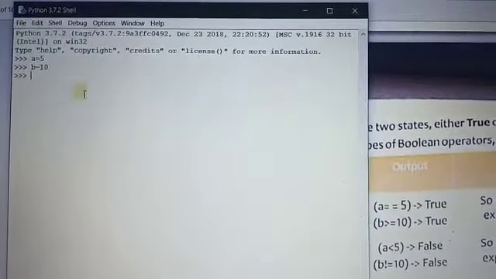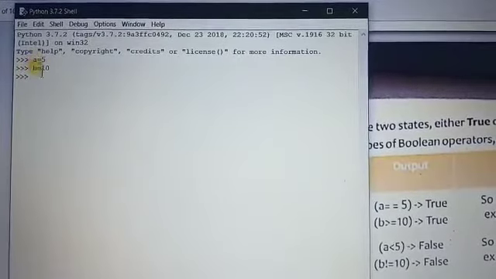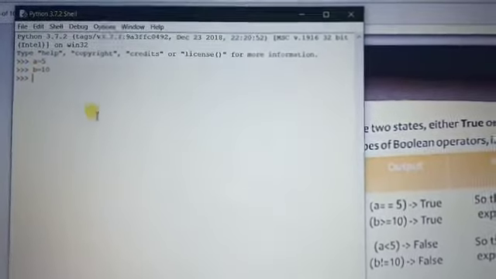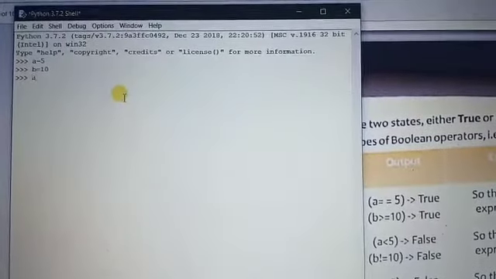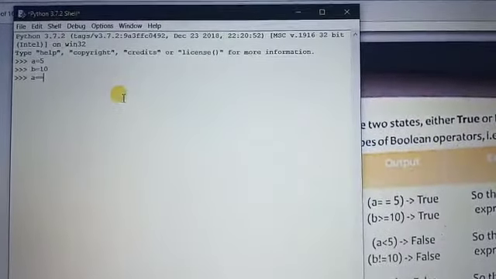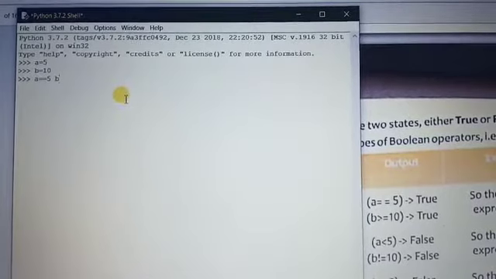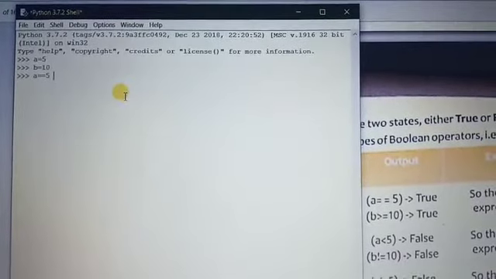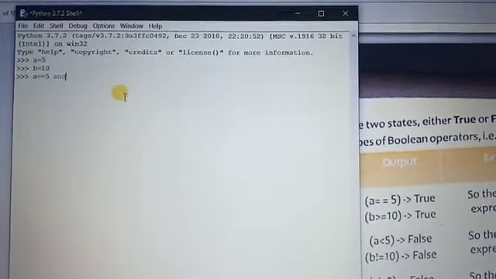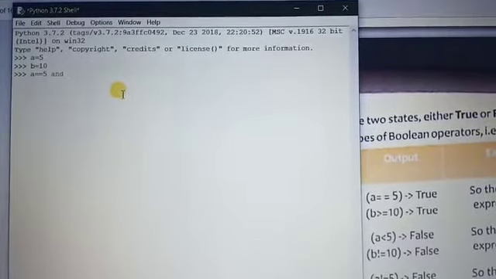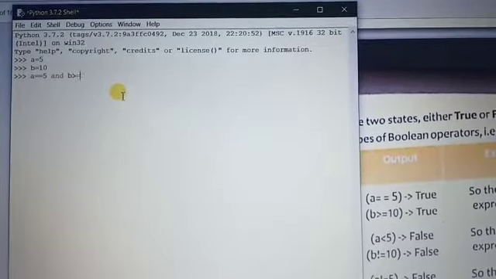The current value of a is 5 and the current value of b is 10. Now I type the expression a == 5 and, which is a keyword so it is displayed in a different color, b >= 10.